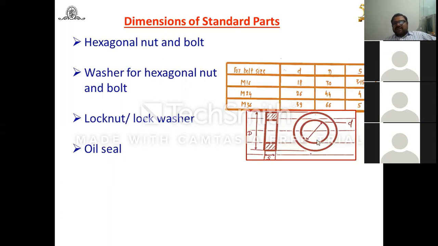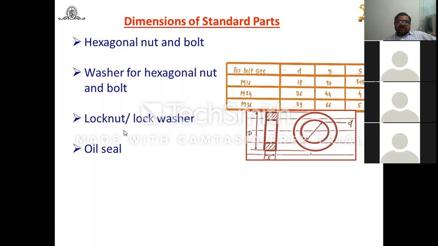Again, the washer, I have shown the washer here. It's a small circular disc. This is the D, this is the diameter. D means the nominal diameter of the bolt. Again, for M16, M24, M36, D is the diameter. Then this capital D, and this means width. Already, you know, all these tables are available in the data book. You can refer to the data book. But today, I would like to give the guidelines on how you are going to decide. This is also an important part, and you have to represent it on your detailed drawing as well as the assembly drawing.